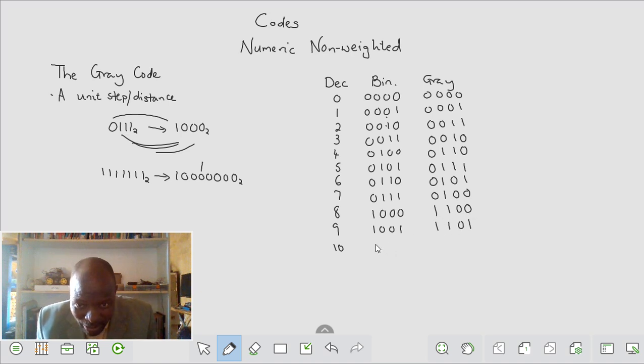What do we do? Let's say we had 10. That 10 would have been 1 0 1 0, but here we would have only 1 unit, 1 distance change. All right, so we'll rather change this back and go to what looks like a 15. So if we had to go on to 11, that would have been 1 0 1 1. We say, okay, we are happy here, we are happy there,